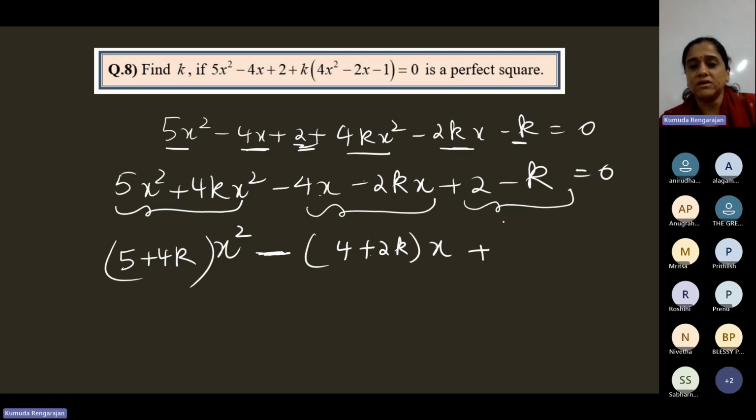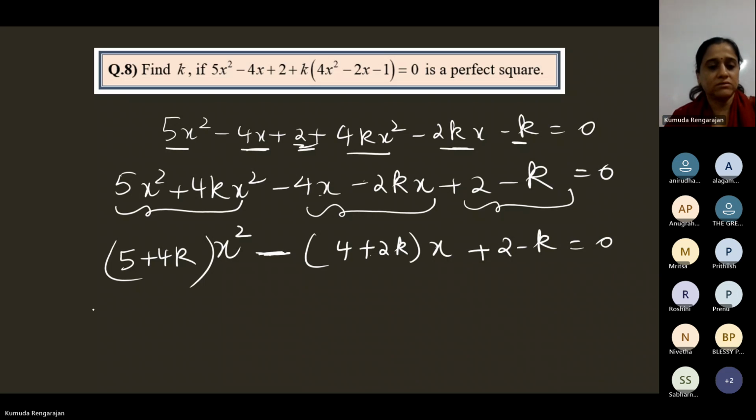And then plus 2 minus k is equal to 0. Now, in this situation, we had to open the bracket because we had x square and x in more than one place. So we had to open the bracket here, correct? But in this one,